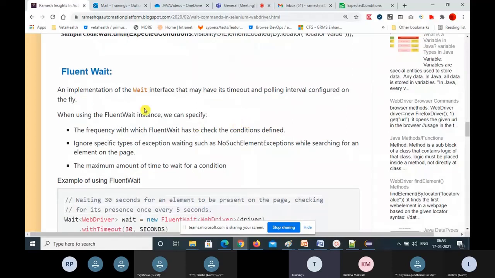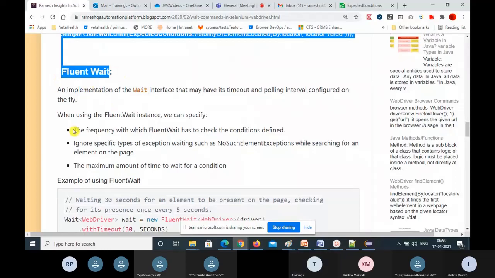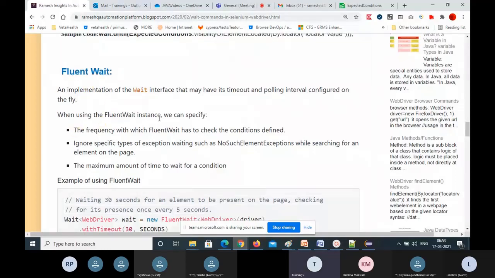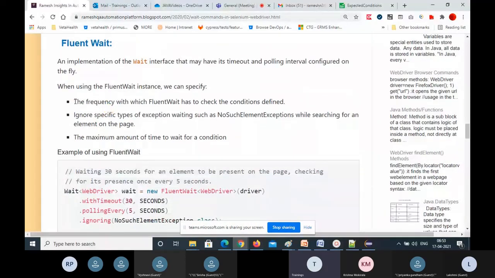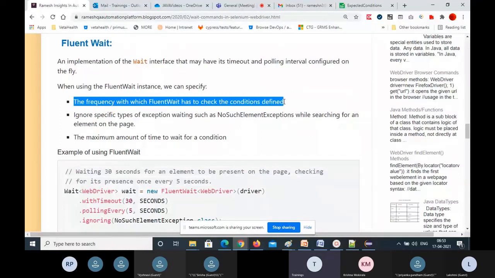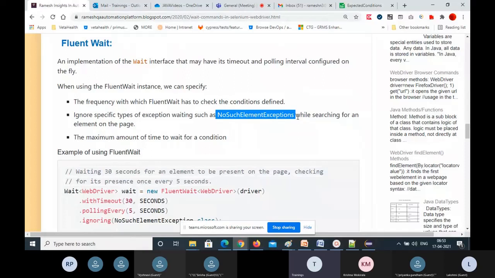All these methods are declared in this interface and implemented in this class. When using the FluentWait instance, we can specify the frequency with which FluentWait has to check the conditions defined. It ignores specific types of exceptions while waiting, such as NoSuchElementException while searching for an element on the page. If you want to ignore a particular exception, you can use the ignoring method. For the maximum amount of time to wait for a condition, you can use the withTimeout method.